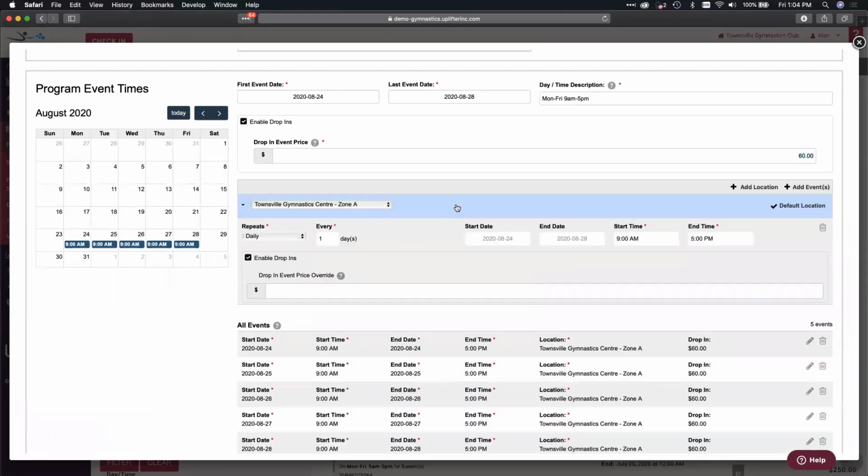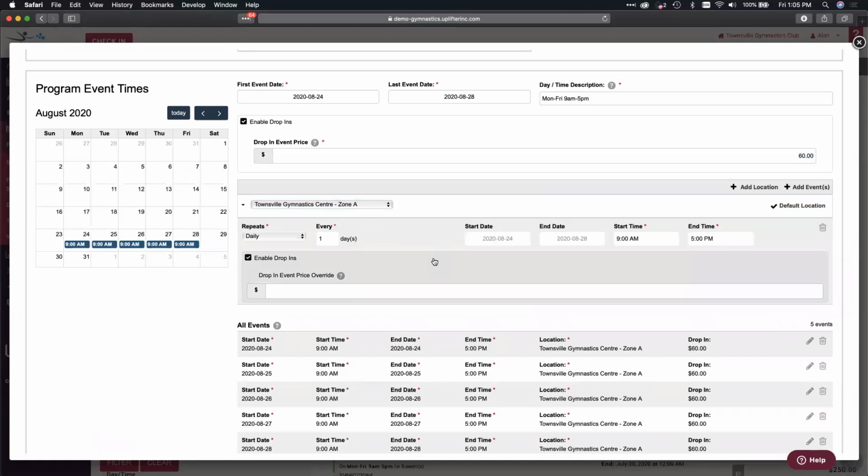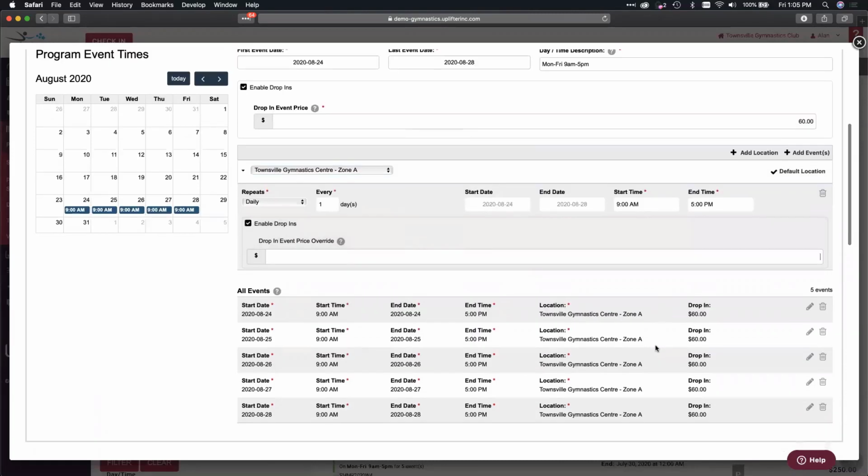The other additional thing that you can actually do is override the single event. So let's say you're running a camp, and for some reason maybe Fridays cost a little bit more because you're going to do a field trip on Fridays, or there's pizza day on Fridays, and Fridays is going to be $70 or something. So you can create a separate recurrence for just the Friday, make that one be $70,